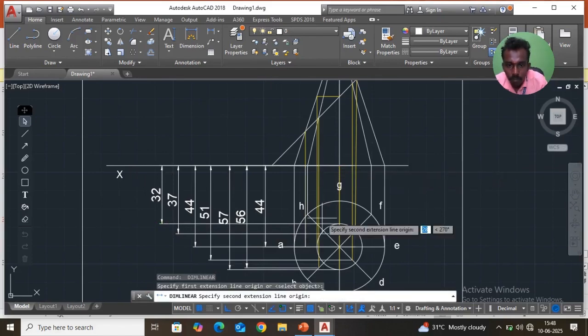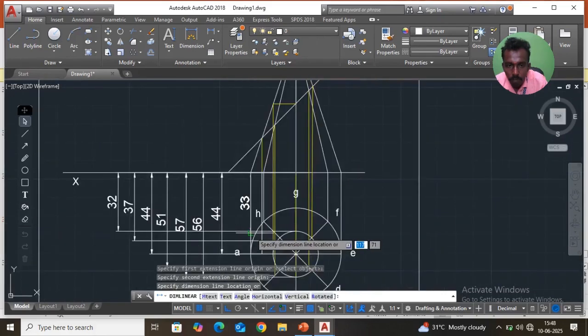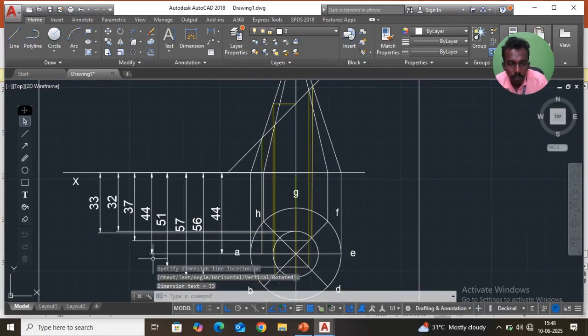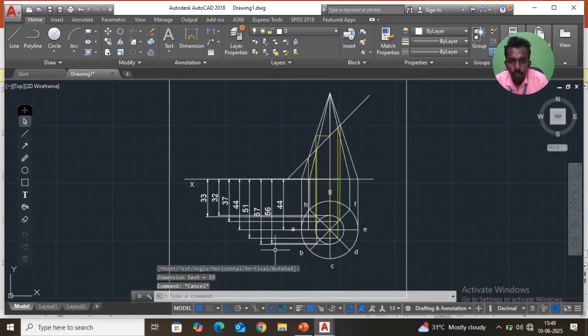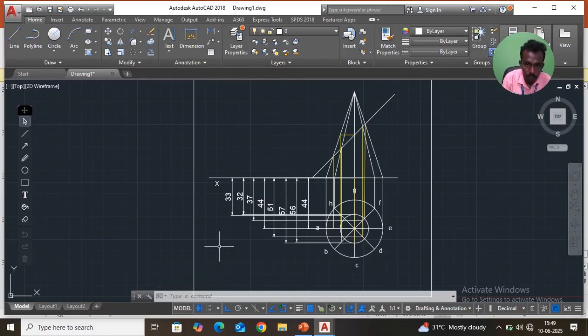We will note all the dimensions: 44, 56, 57, 51, 44, 37, 32, 30. You simply note it. By observation you will be able to draw as like the previous cylinder. Okay,